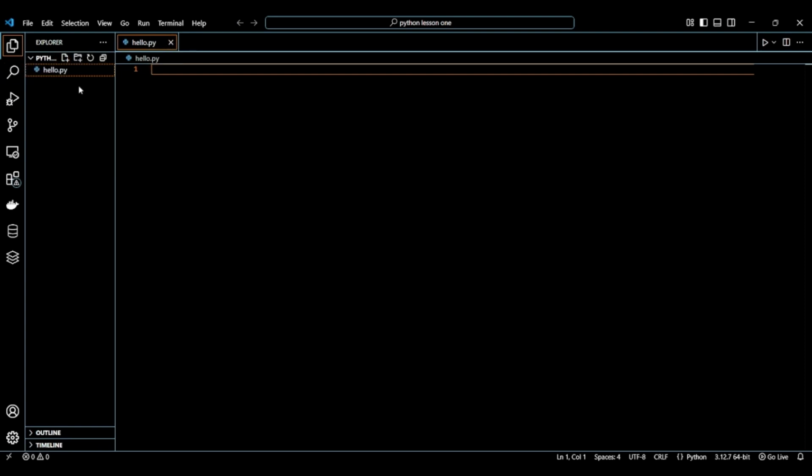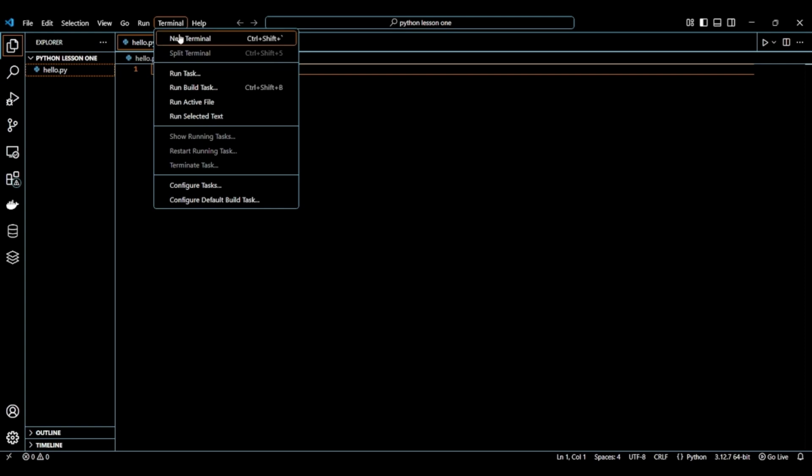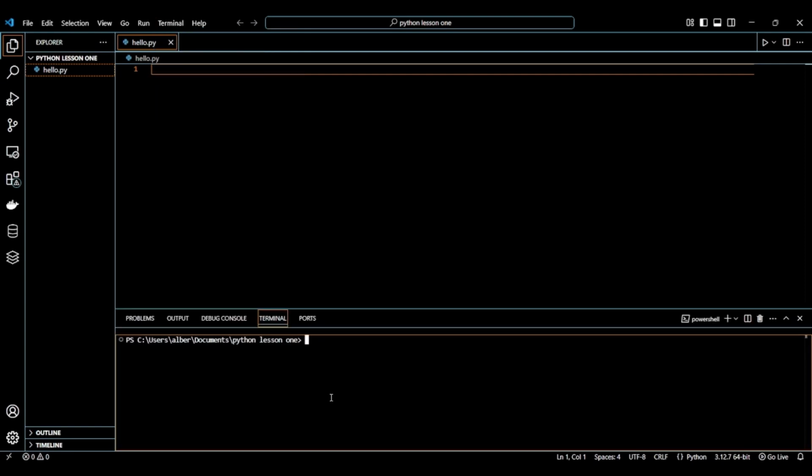So our virtual environment. To create a virtual environment, you first of all have to go to Terminal, then New Terminal. So you're opening a Windows terminal, if you're on Windows, inside our VS Code. You can see here that I am inside my Python lesson folder. All you need to do right now is to use the command